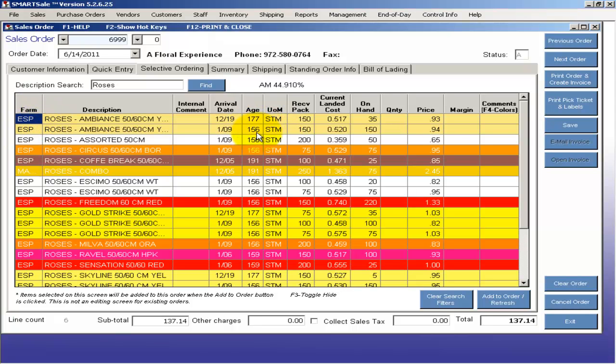and shows the age. Now this is a database we're working with. Obviously in an actual wholesale operation this would be way too old, but you see the data here. It's all here. Unit of measure, how it's received, current cost, on hand, how many do you have on hand, what's the current price of this particular product. And just to go down a little bit here,